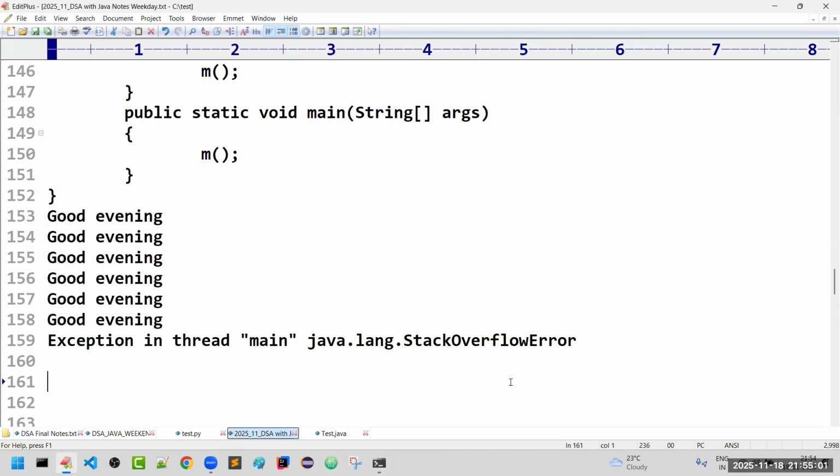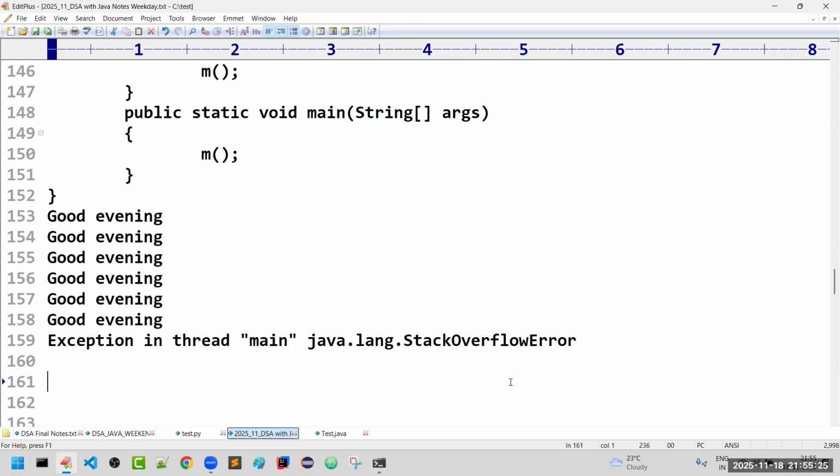Sir, now the conclusions are very simple. A function or a method is a self-contained block of statements. A method can call another method, there is no issue at all. Even the method can call the same method also, but there are some restrictions because we keep on calling, right?